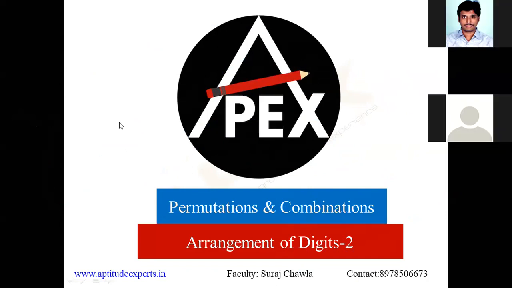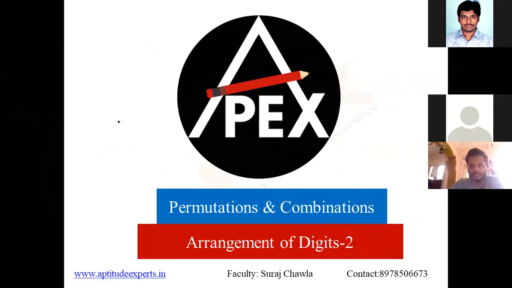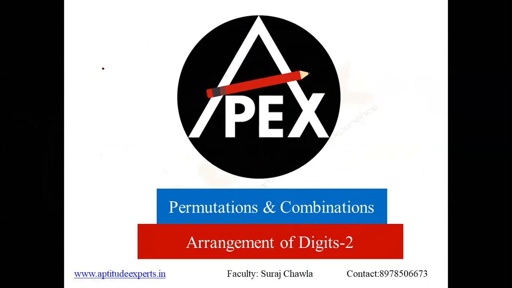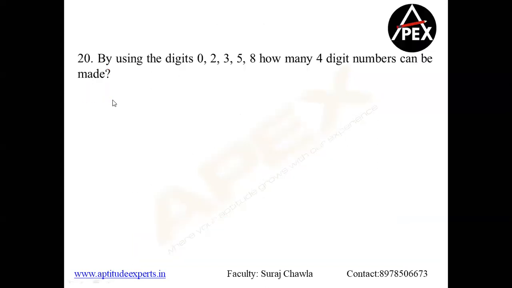Yeah, so we were seeing that generally we have two models, right? In one case where zero is not involved, that is what we saw in yesterday's session. Today's session we will see zero will be given. So when zero is involved, let's see how we deal with these kinds of cases. So the complete way of solving will be much different than what we solved yesterday, right? So let's take 1 minute to solve this, please.